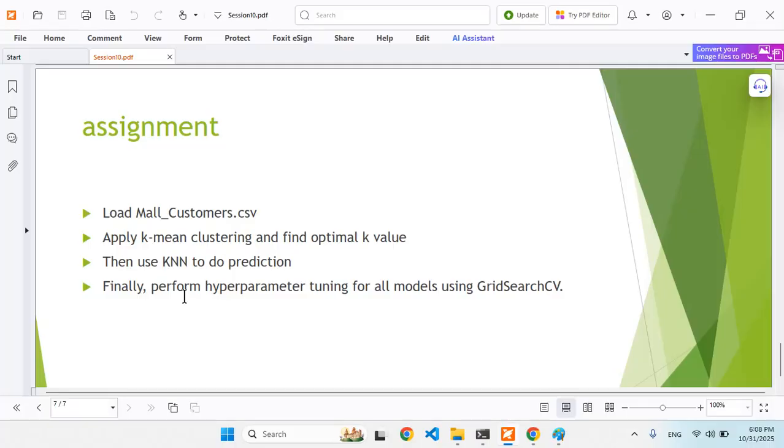And finally, this one is really important: for hyperparameter tuning, like what we did in the last session, use GridSearchCV and find the best hyperparameters. By the way, I'm going to share with you all the scripts and everything that I used